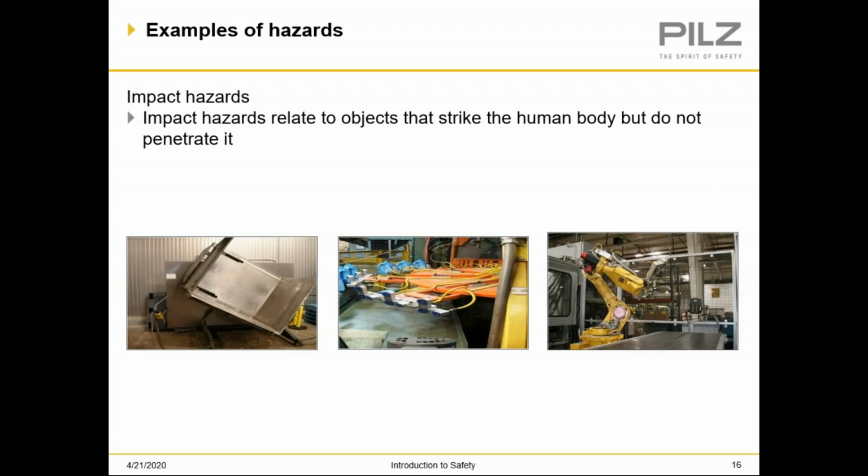Impact hazards, we see a lot of these. On the left, the box square or a material that's stacked, and that is typically hydraulic driven, and you see there's no guarding around that. So somebody could be standing there, someone else operating the machine, and they drive that down, and if your foot's under there, it's going to be bad news. And this rotates, so you've got the opportunity to get between where it rotates and fixed objects on the machine. And robots are a huge area of safety concern. Robots move from point A to point B, and you better not be between point A and point B.